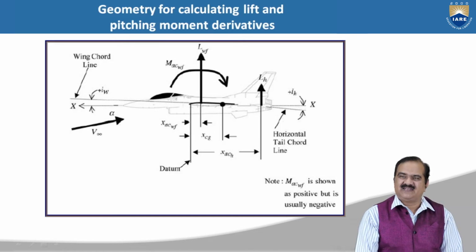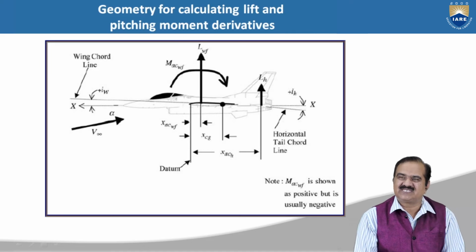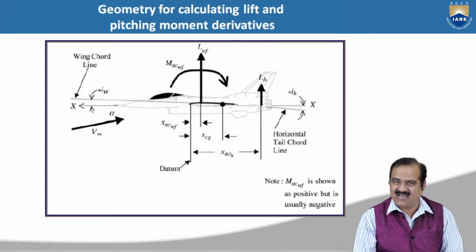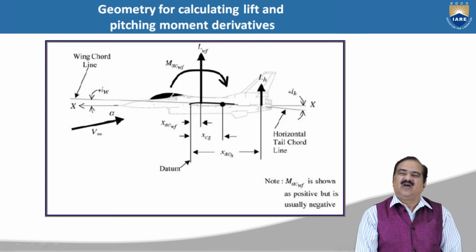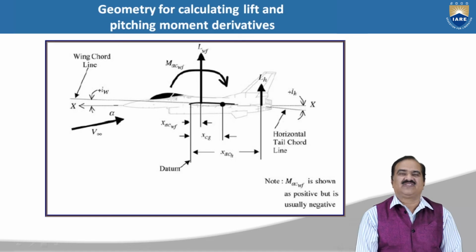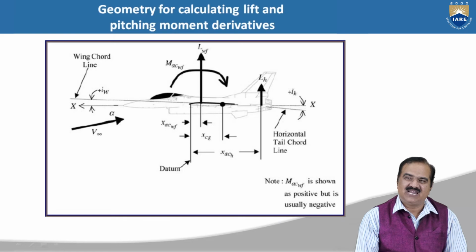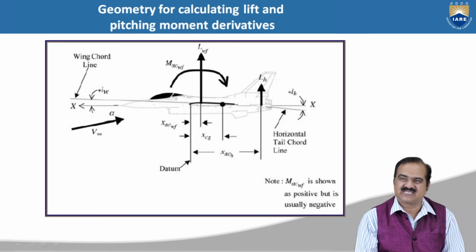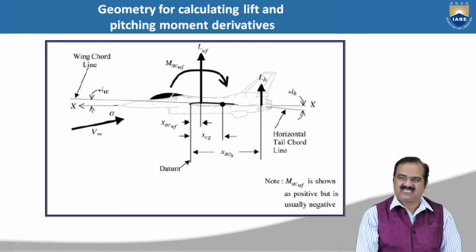If you see the tail, in the tail also we have the incidence angle, which is mentioned as IH. As already explained, this IH is the angle between the fuselage reference line and the chord of the tail plane, or the chord of the horizontal stabilizer. So this is indicated as IH, and here we have the different